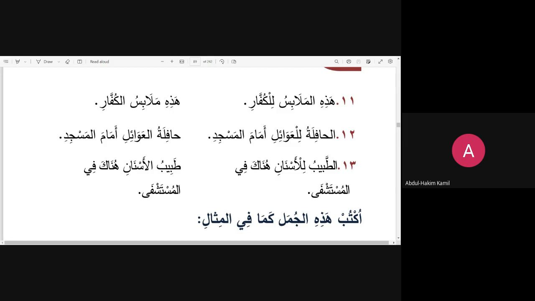طيب يا غالب. أين مفاتيح هذه الأبواب؟ Where are the keys to these doors? It's هذه. أين مفاتيح هذه الأبواب؟ Now, so we don't want to stop anywhere in the middle. That's one statement. The keys of these doors. Try it one more time. أين مفاتيح هذه الأبواب؟